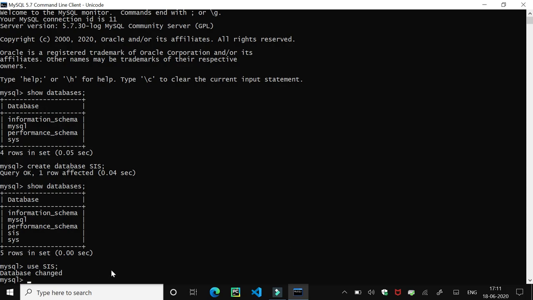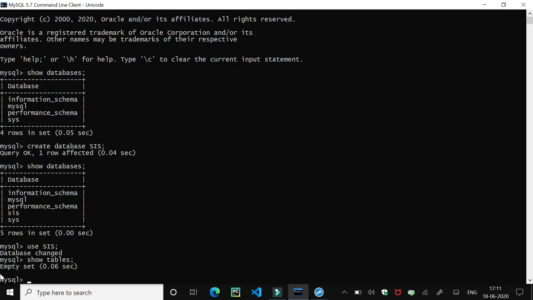So now I want to see the list of tables which are present in this database. So I need to give the command show tables. So it is giving us a message that empty set, because this is a newly created database and there is no table present in it.